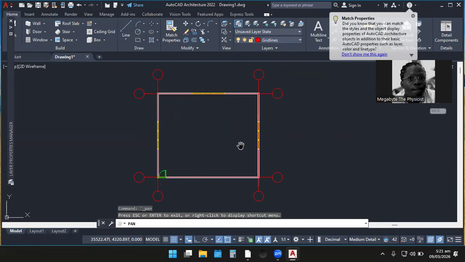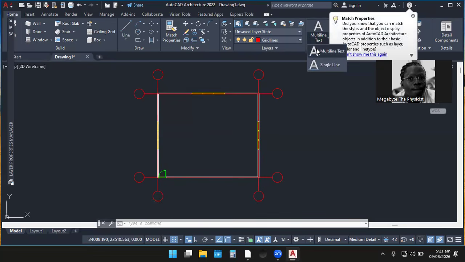So now we are about to put in a text. So this is the text over here. We want to put in one, add text.